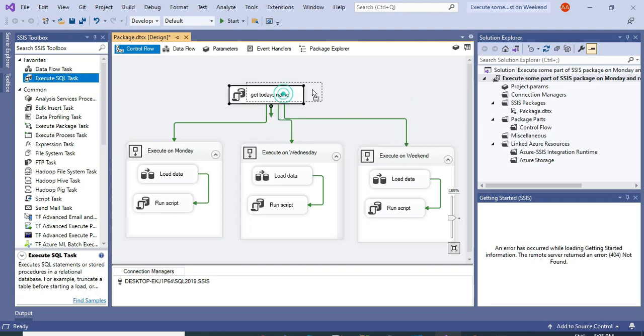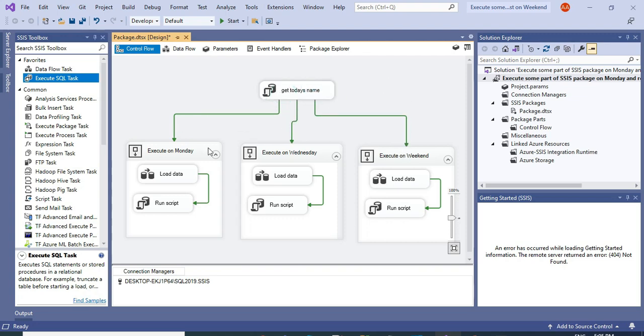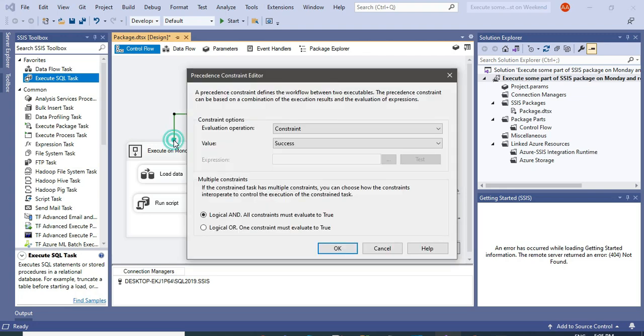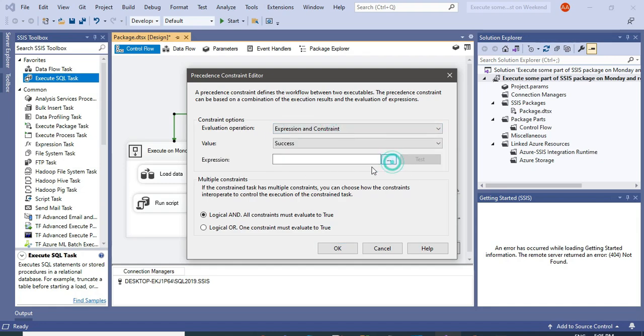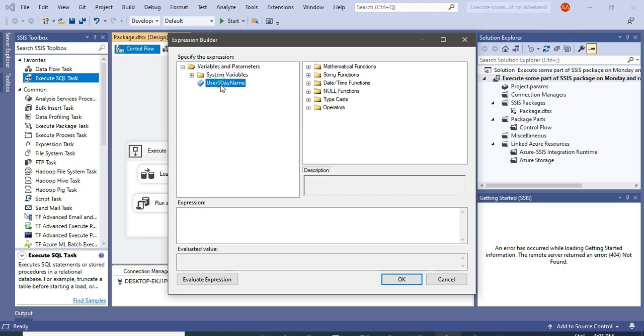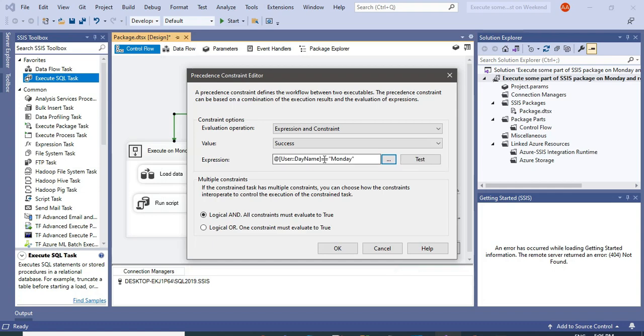Now I think it's time for the main part of this SSIS package. Just double click on it, and under Evaluation operation select Expression and Constraint, then click on these three dots and drag and drop the DayName and put equal to Monday. Evaluate expression, you can copy this expression, click OK.